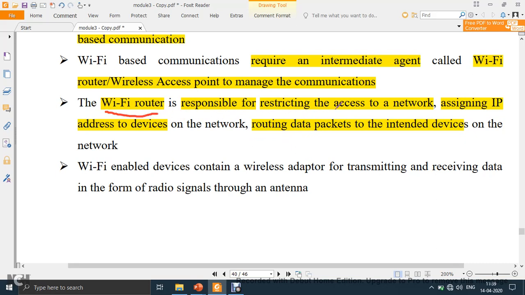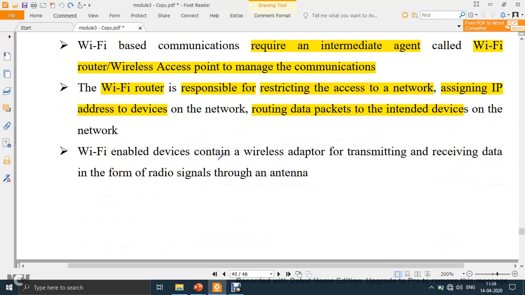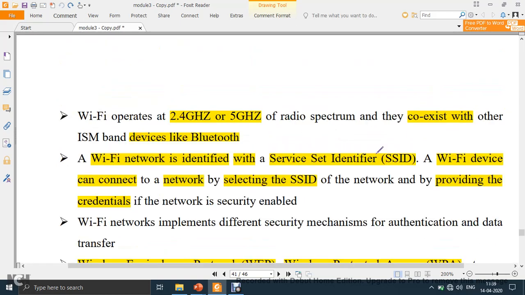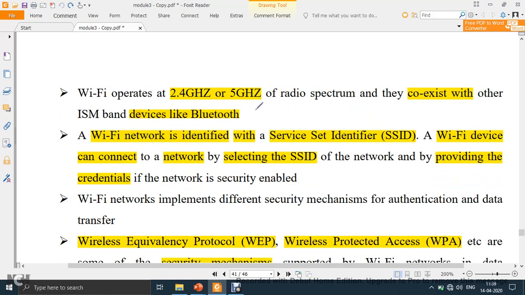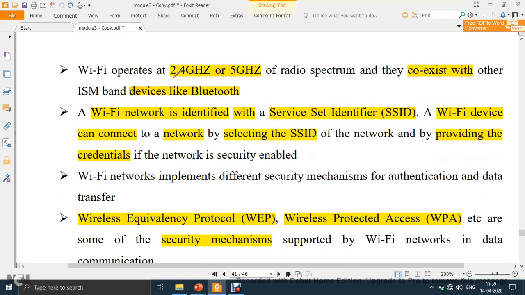So it is responsible for restricting the access to the network, assigning an IP address to every device, as well as routing the data packets, so send and receive the data. Again, these Wi-Fi enabled devices will have an antenna or a radio which supports the frequencies 2.4 or 5. So there are two operating frequencies for Wi-Fi: 2.4 gigahertz and 5 gigahertz. You can see the frequency is the same for Bluetooth as well,